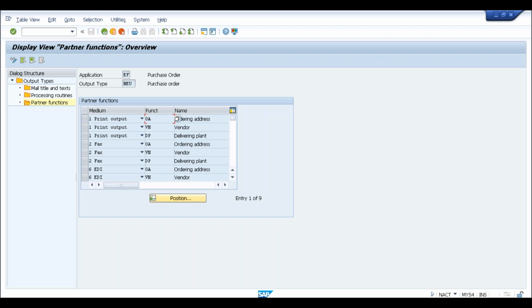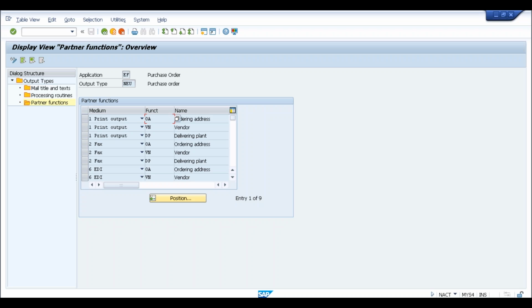Once you decided on the channel also, you need to decide on the form. What will be the layout of my form? What logo will be available on the form? What will be the content of the form? Okay, so that is the fourth thing. So these are the four important things. First, you need which output type. Second, you need who is going to be the receiver. Third, you decide what will be the channel. And fourth will be what will be the content in the message that you are going to send to the